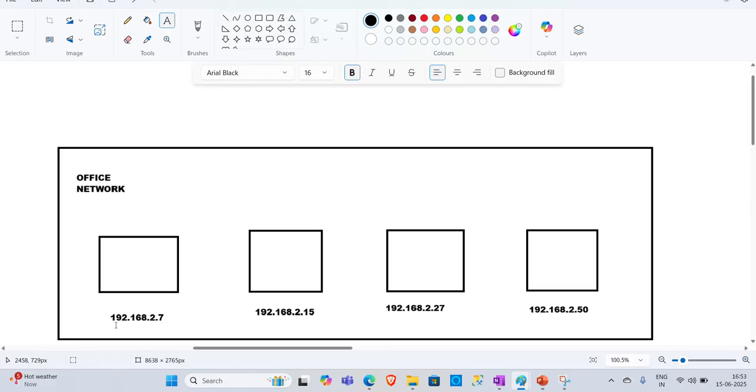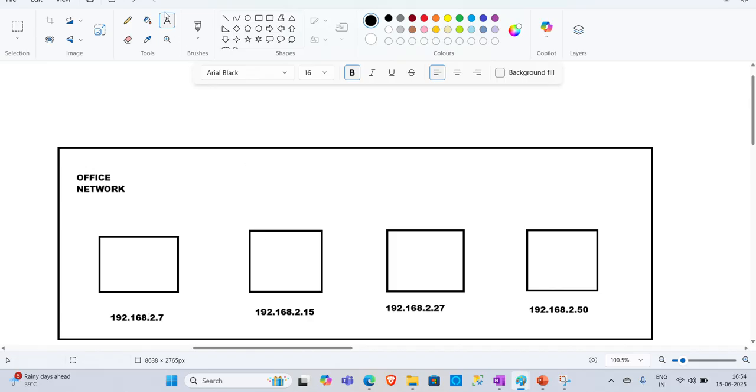So what I'm trying to say is this is a machine in my office network and it's using this IP 192.168.2.7, right? And there could be many offices out there, and not just offices, there could be a lot of devices across the globe that are using the same IP address right now, but in their own private network. But what if those devices have to come out of their private network and they want to surf the internet, or communicate with the internet? So what happens is